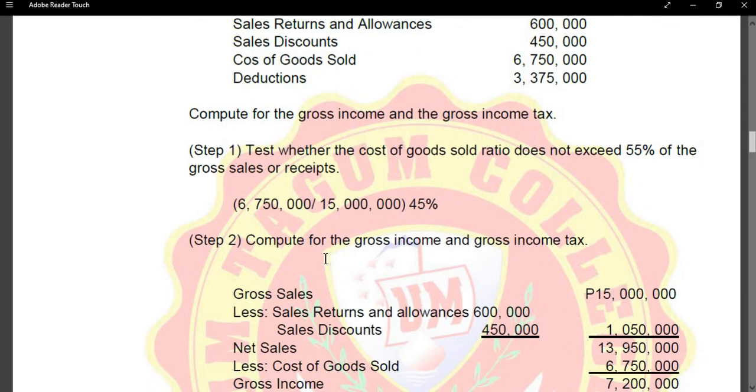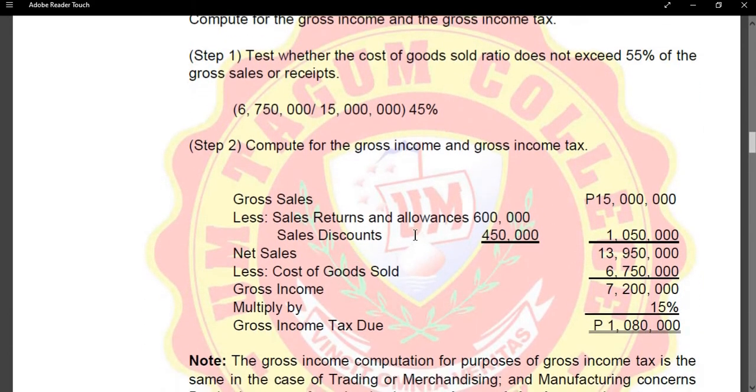Okay, so step 2, compute for the gross income and gross income tax. So you have a gross sales of 15 million less sales returns, allowances, and discounts. That gives you a net sales of 13,950,000 pesos less cost of goods sold for 6,750,000 pesos. That gives you a gross income of 7,200,000 pesos times 15% gross income tax. That gives you